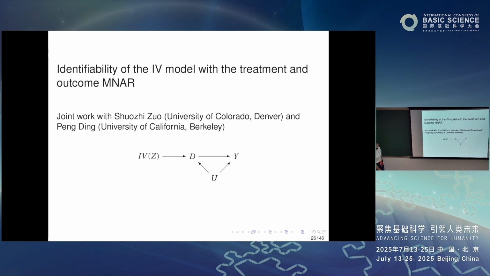In this work, what I'm trying to address is the missing data in the treatment and in the outcome when you have missing not at random. What does missing not at random mean? Well, people characterize the types of missing data into three groups. One is missing completely at random, meaning that why the data is missing has nothing to do with anything. You can imagine this is simple, right?